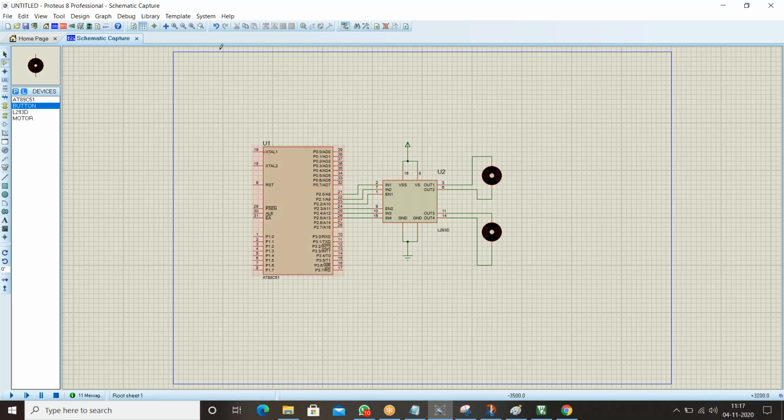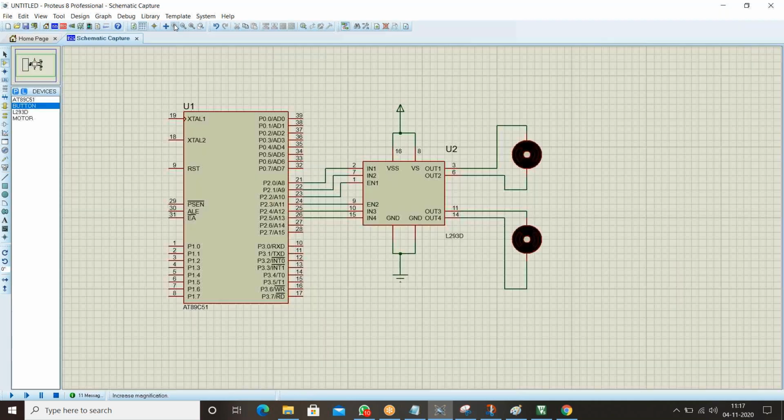Okay, try to connect the buttons now. I'll take port 2, port 1, sorry. I'm going to take port 1 for these 4 cases.